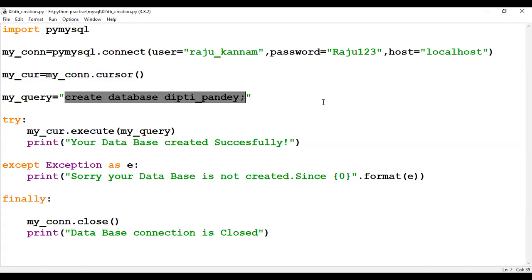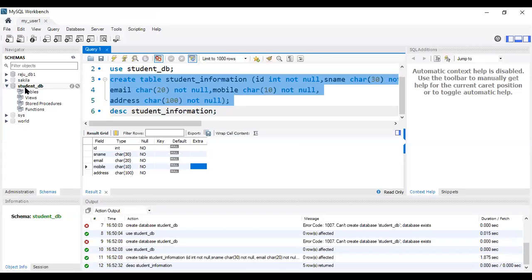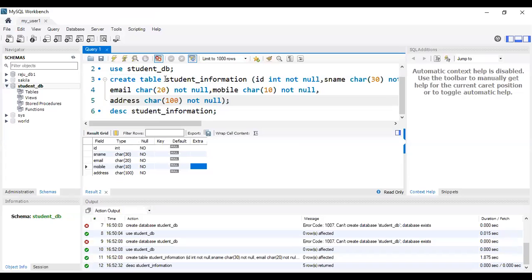from your Python program. And remember, I have already created student_information in my database. If you give the same table name, student_information, it will throw an error because this table already exists in the database. So we cannot create a table with the same name. If you want to create it with the same name, delete this table in your database and run the Python program. Or give a different name, student_information1. You have to create, and after creating, you execute this. So how to execute two queries?